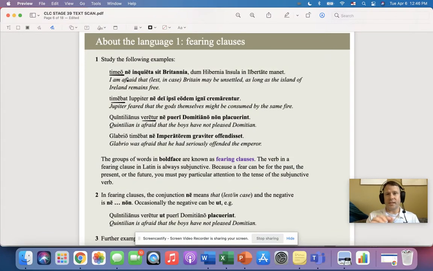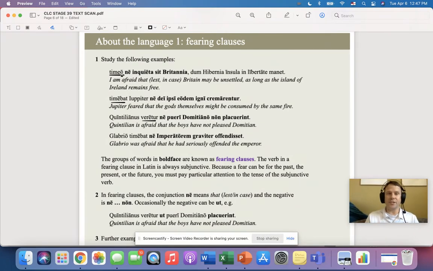Now, if that seems weird, there's a really good reason for that. I'm going to pause for a second. I wonder if you can figure out why that might be the case. Okay, here it is. When you say timeo, when you say I am afraid that, what you're really saying is I hope that something doesn't happen. So let's ground this in a real example. I am afraid that everyone is going to fail the test. I'm not really, because I know you're awesome, but I'm afraid that everyone's going to fail the test. What you're saying is I hope that everyone does not fail the test, right? So that's why the ne and the ut are flip-flopped here.